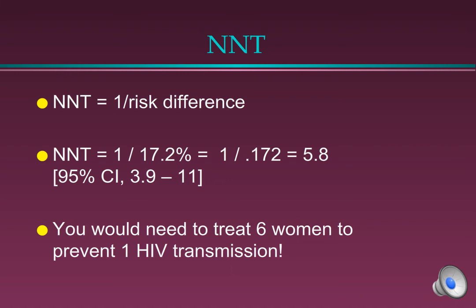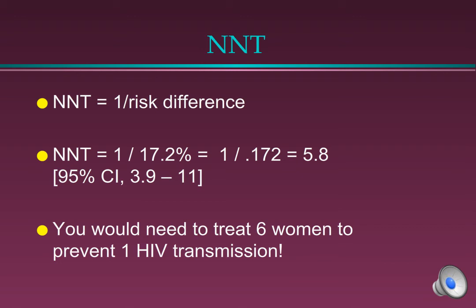Now, the reason why that's so few is because the baseline risk was so high. The baseline risk was 25%. And so therefore the number needed to treat is very small. If we take an outcome that's quite rare, let's say 1 in 100, if you just think about it intuitively, you would say if the risk is only 1% or 1 in 100, you'd have to treat a lot of people to prevent that one case, because 99 out of every 100 people aren't going to get it even if you do nothing. And so the baseline risk is really a big factor in calculating the number needed to treat. And in this case, the number needed to treat is very low.